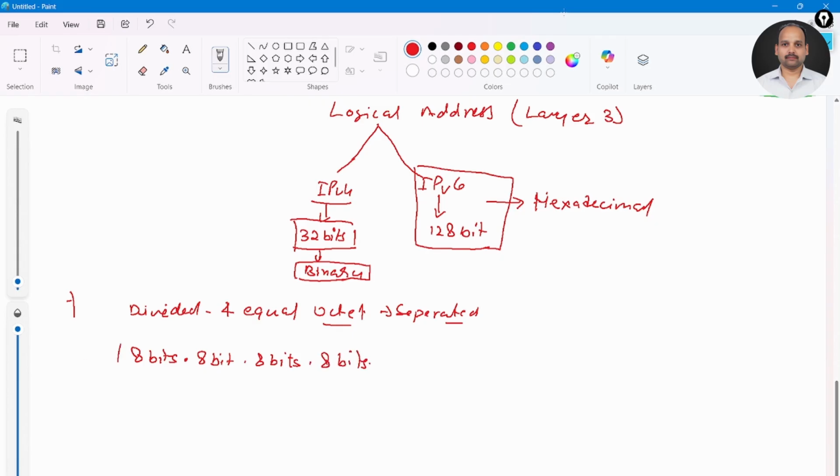So you'll see the 8 bits, 8 bits and 8 bits. I am just putting in 4 octets. So this is the 4 octets and this is defined in binary. If this is defined in binary, I previously discussed that binary is using